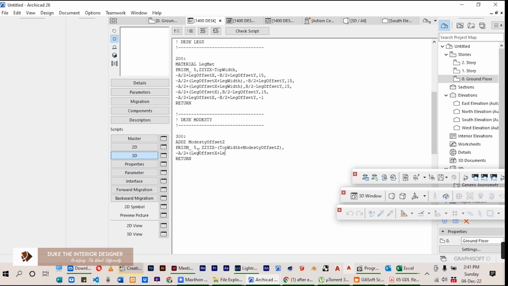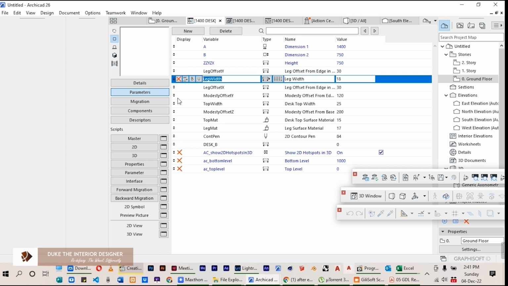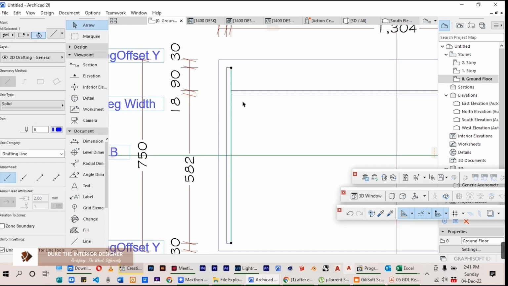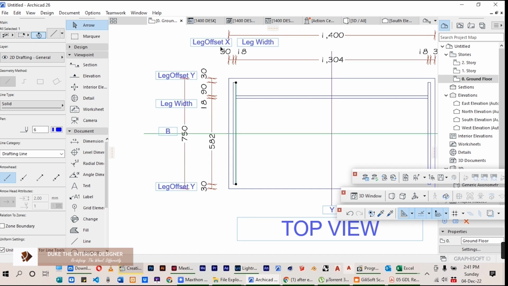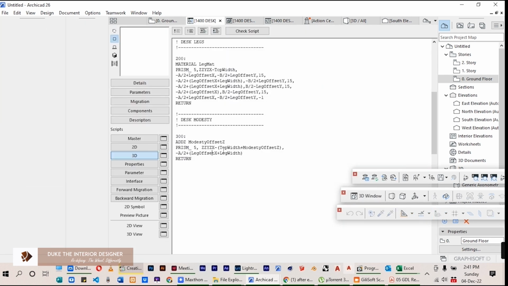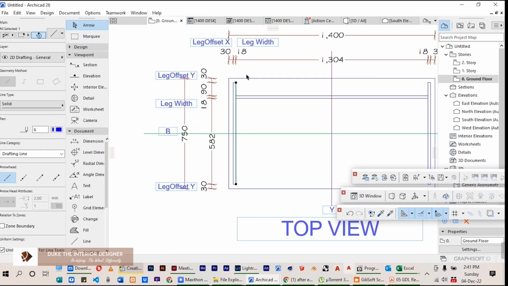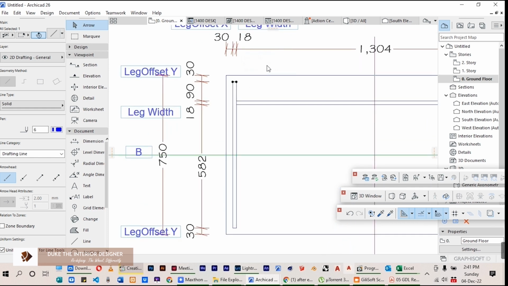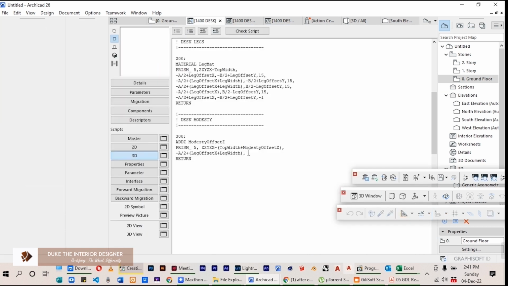Plus leg width. Let me confirm whether it was offset X or Y. We are removing the leg offset X, leg width, which is okay, correct. To go to point B, point B is now in the positive, that is B divided by 2, and then we remove the leg offset Y. So it is B divided by 2 minus leg